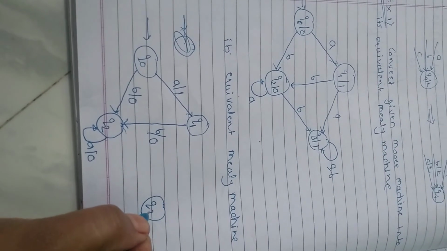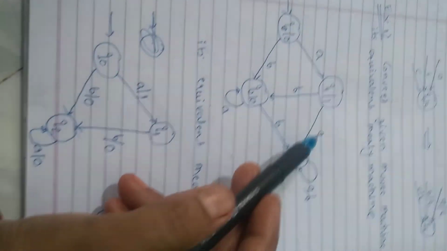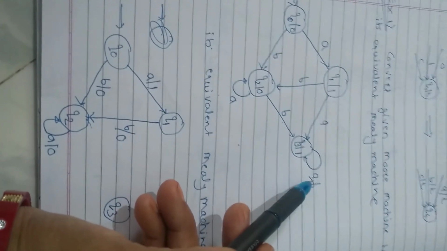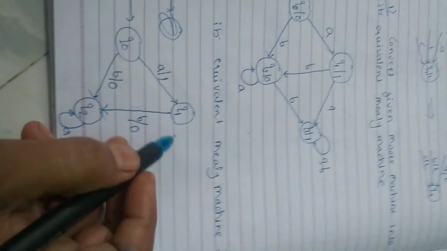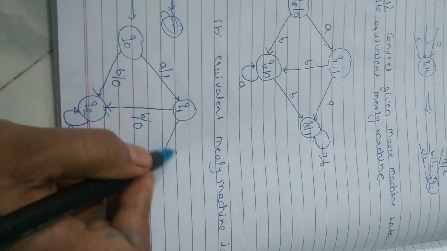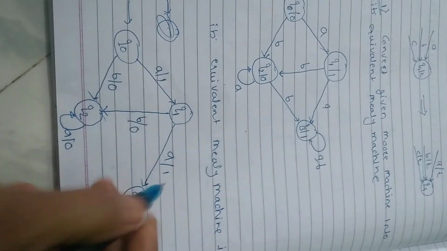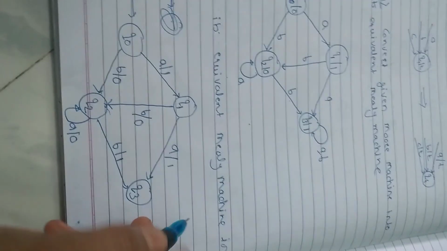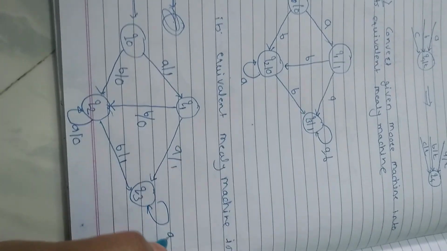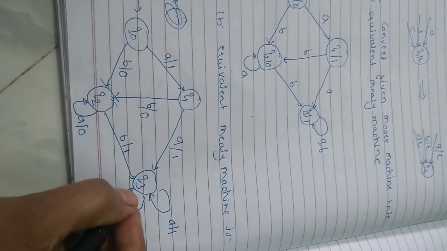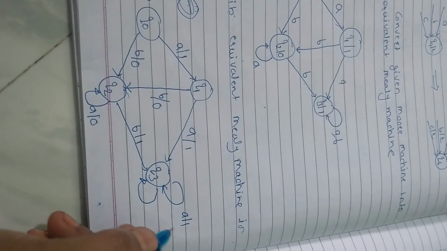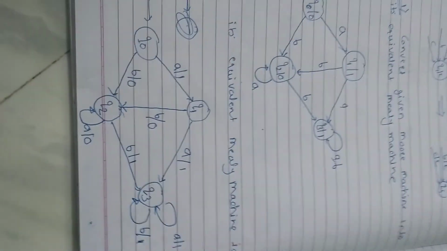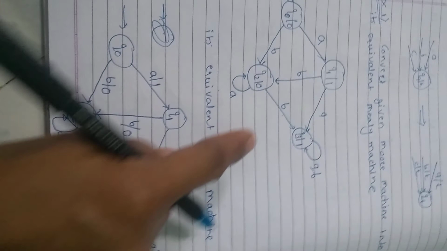Continue this until you finish all the states. Now consider Q3. What are the incoming edges shown in the given Moore machine? 1, 2, 3 and 4. Two input symbols are given here. So consider all of them and draw these edges. A oblique output symbol, which is 1, then B oblique 1, and for this one A oblique 1. You can show this separately or write it with a comma, B oblique 1. So this is the equivalent Mealy machine of the given Moore machine.